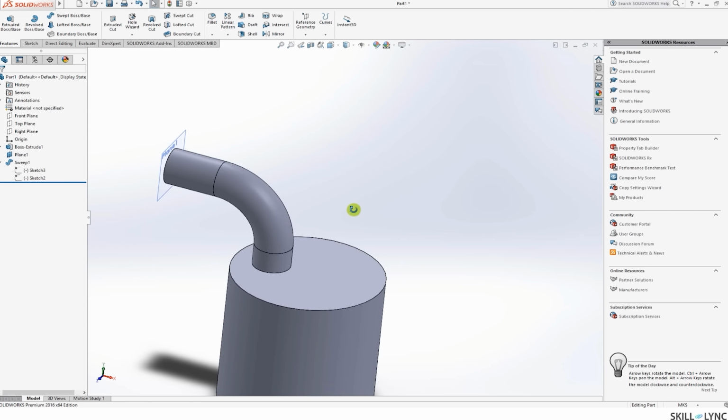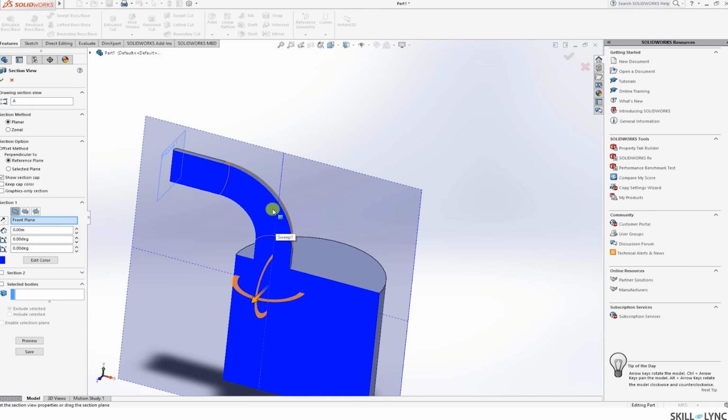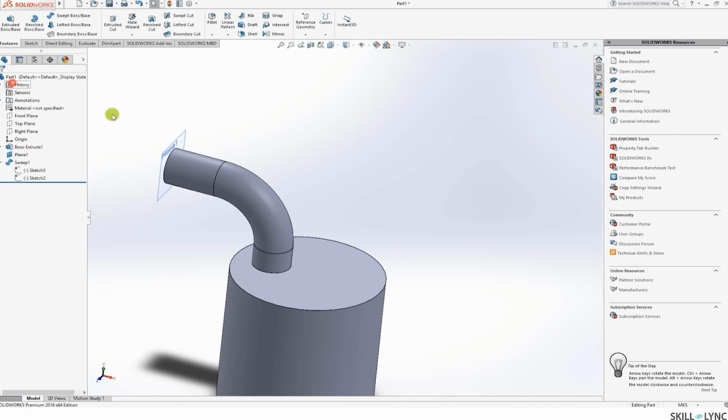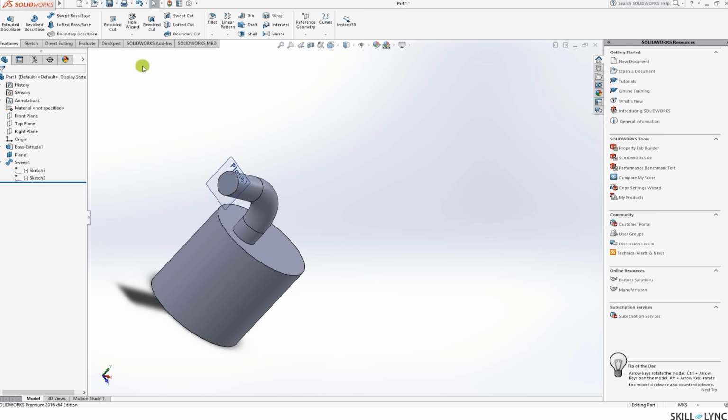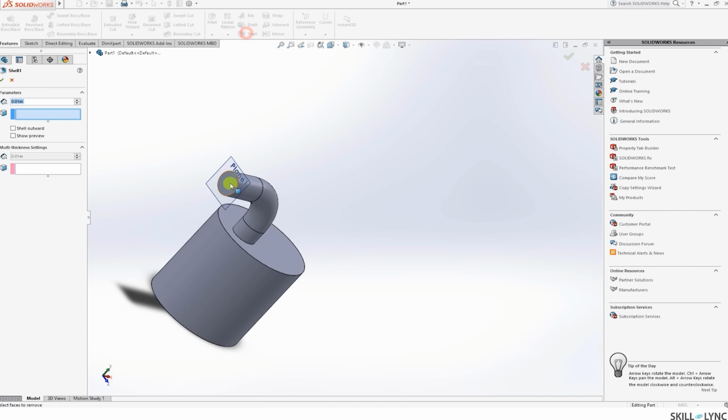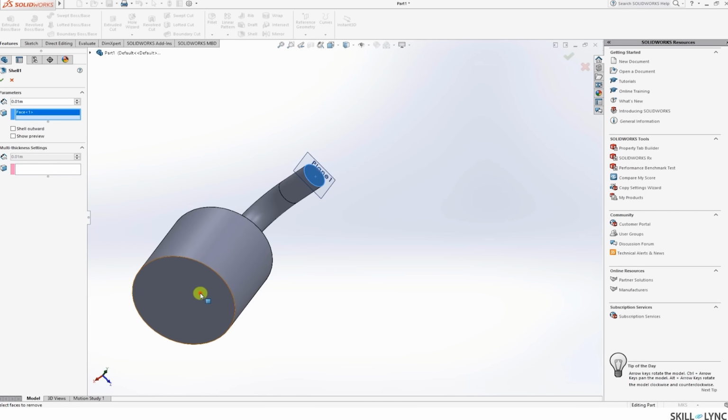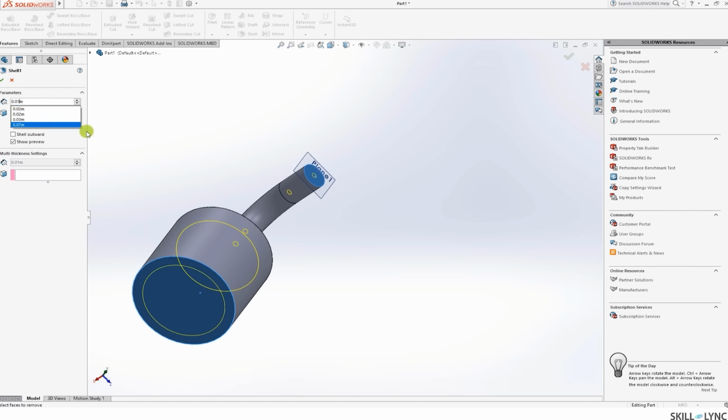Now the next thing that we need to do is create a valve, right? And the tricky thing about the valve is that it needs to be positioned here, right? So we need some reference features for that. But before I do that, I'm just going to create a thickness for this entire model. So let's just use the shell option, click on this face and this face, click on preview, and I'm just going to call this 0.02 maybe,